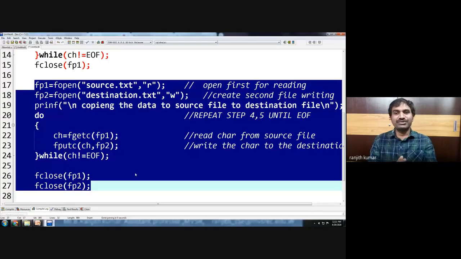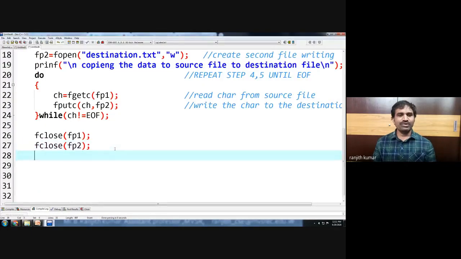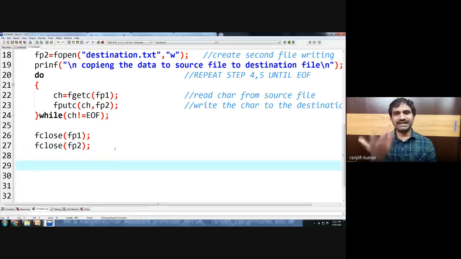Now what you have to do? You have to print the files. Okay. So if you print both the files, that is also okay. If you print only one file, that is also okay. Now how to print the contents of the second file? Very easy. So same steps that we do. You can manually open the files and check, and using a program also, you can check.